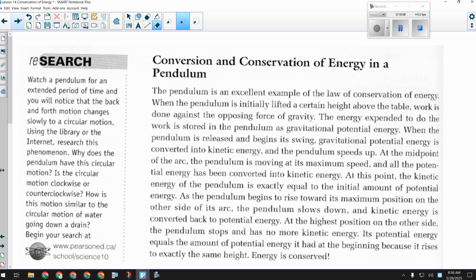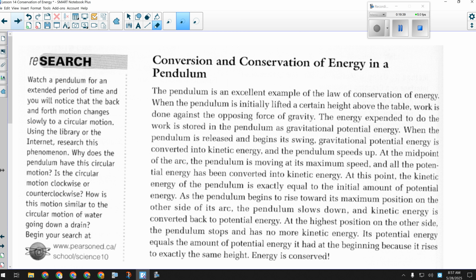So this is its maximum point out here. This is where it's going the fastest. When it's here, halfway in the middle, does it have both kinds? Some potential, some kinetic. That's the kind of thing we're going to be dealing with when it comes to the law of conservation of energy. Here's the thing we have to remember: the total mechanical energy here at the furthest point, here halfway, here at the lowest point, and anywhere along the arc is the same number.